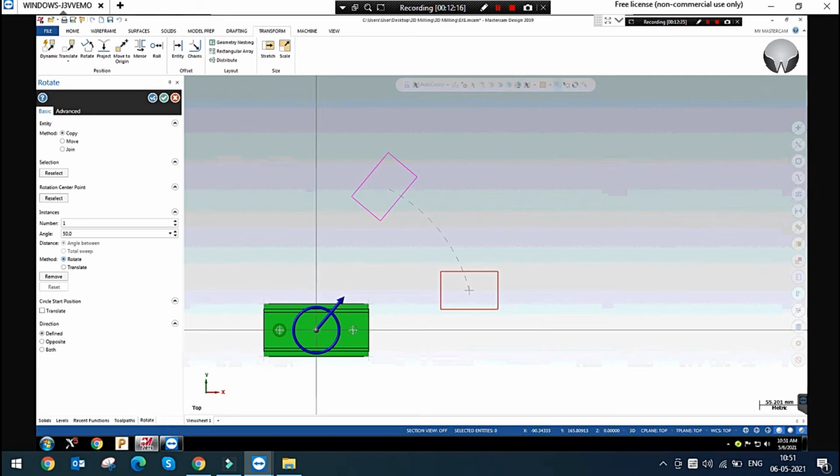Have you understood this? The rotate option is the rectangle is rotated parallel to that angle. It is 50 degree, right? From this point to 50 degree, it is rotated to the parallel angle and translated, the one I have given.